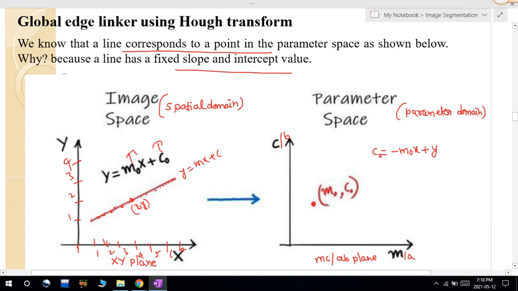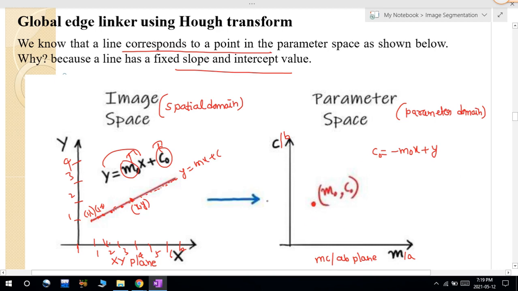In case of this one we are having different points, like this is (1, 1). If you are taking all these points, a line is nothing but an infinite number of points. And after this one this is your (1.5, ...) something like this. All these points have the same fixed intercept value, only these points will be changing, but this slope. So when I represent this image space in the parameter space, like the xy plane is converted into